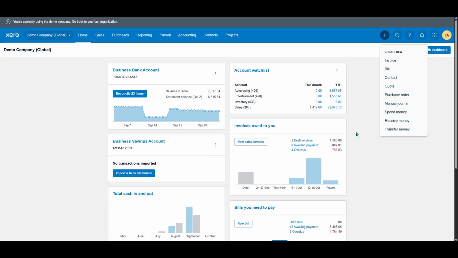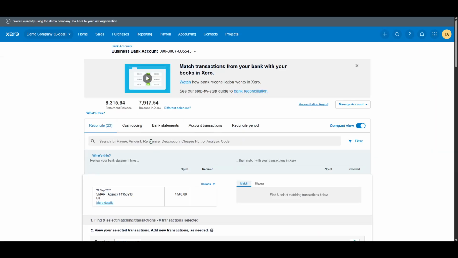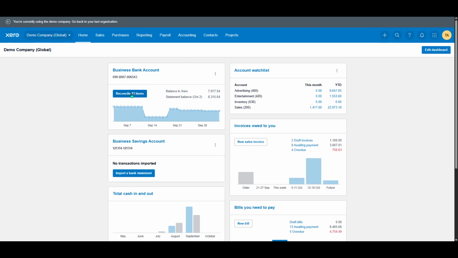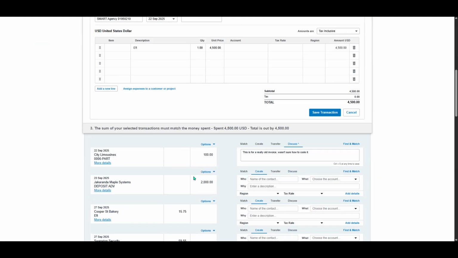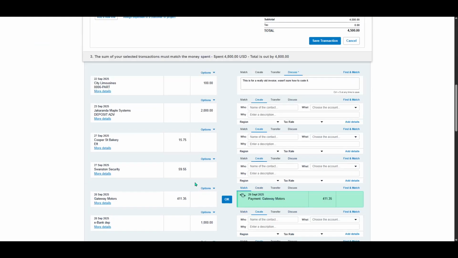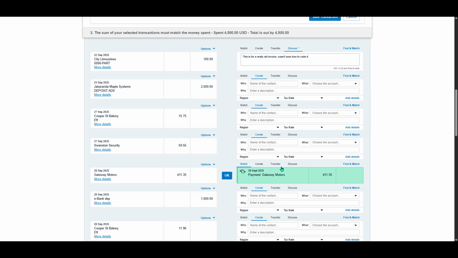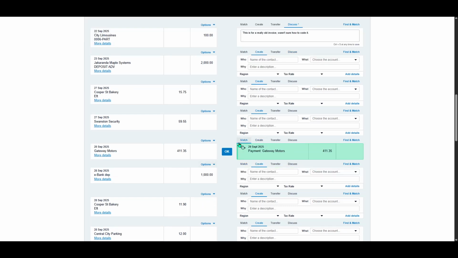Let's begin at the home dashboard in Xero. The first thing you're going to do is look for the reconcile button, which is usually prominently displayed. Click on that, and it will take you to the page where your transactions are waiting to be matched or reconciled with your bank statements. This step is crucial because it allows us to identify and accurately record any overpayments or supplier refunds that may